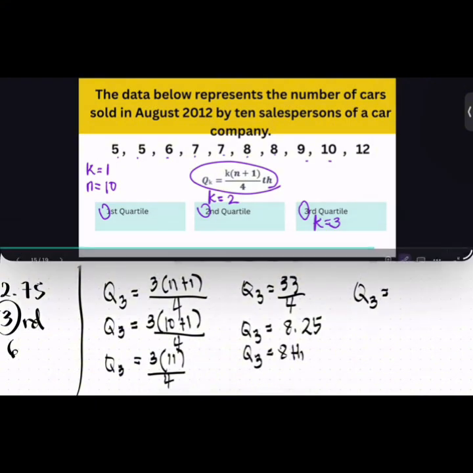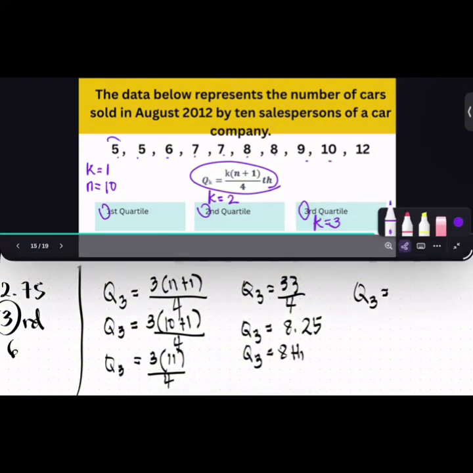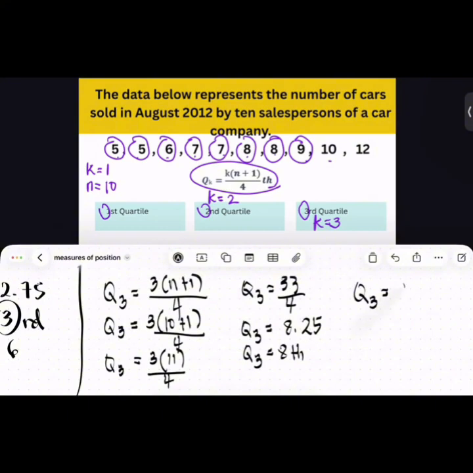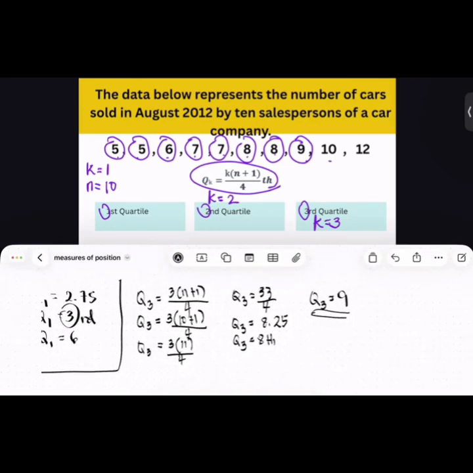So, proceed tayo dito sa ating presentation. So, this is the first, second, third, fourth, fifth, sixth, 7th, and 8th. So, ibig sabihin, yung quartile 3 po natin is yung ating 9. Okay? Now, let's proceed with our second quartile. So, for our second quartile,